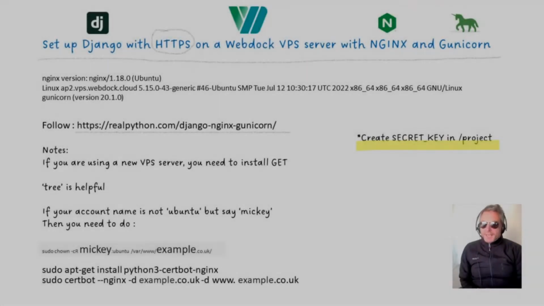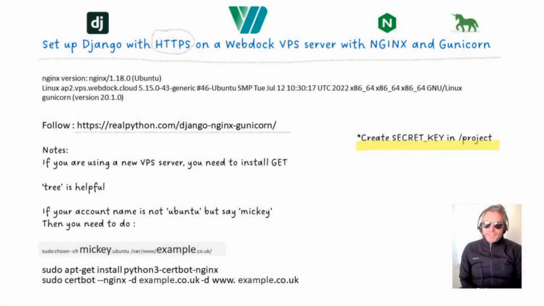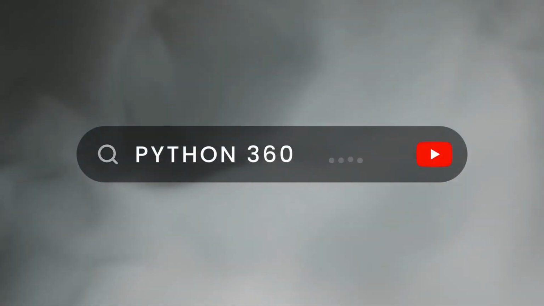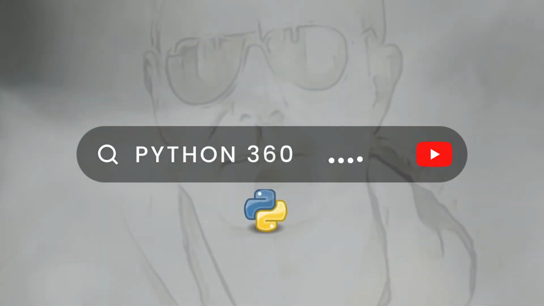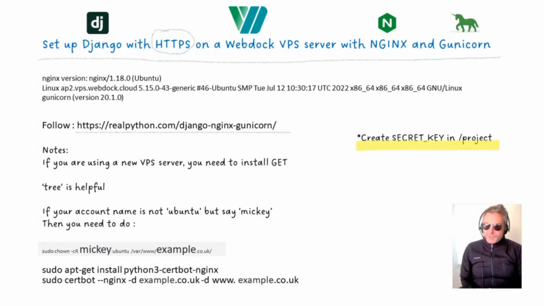Hello everybody, today we're looking at how to set up Django with HTTPS on a Webdock VPS server with Nginx and Gunicorn. The tutorial, as you can see here, is what I've followed to set up a production-ready, HTTPS-enabled secure website. I followed this tutorial,